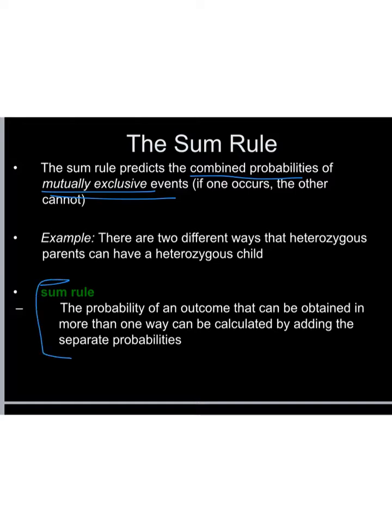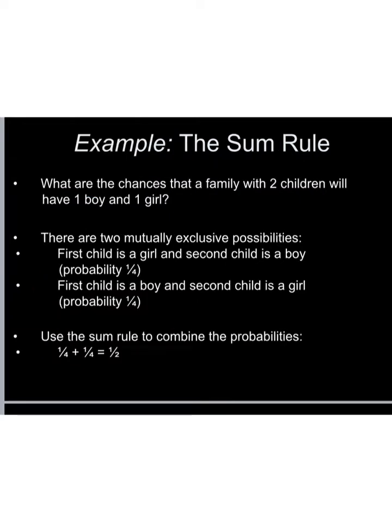But again, in words, the sum rule says the probability of an outcome that can be obtained in more than one way can be calculated by adding the separate probabilities. So, okay, here we have an example for the sum rule. It says, what are the chances that a family with 2 children will have 1 boy and 1 girl? Well, there are a couple of different ways that we could get 1 boy and 1 girl in a family. We could have the first child be a girl and the second child be a boy, so that could happen. We could have the first child be a boy and the second child could be a girl, so that could